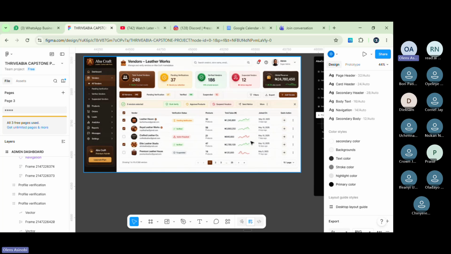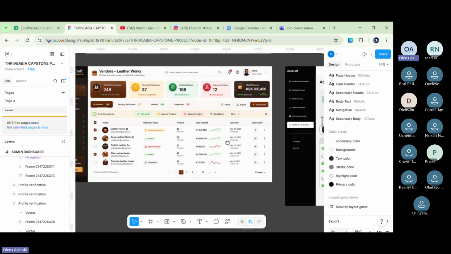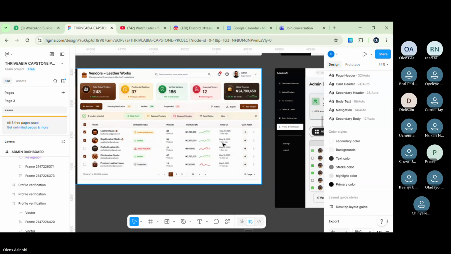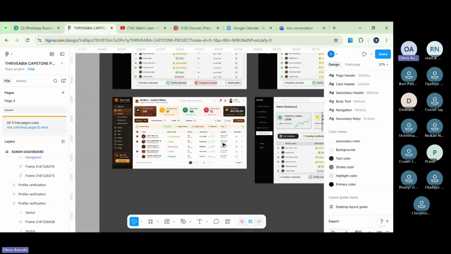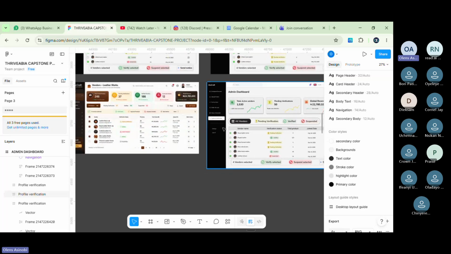Now, looking at the design principles between these two screens, which one follows the design principles more? Balance, negative space, contrast, alignment, and hierarchy. Let's focus on those ones. Between these two, from your heart of hearts, which one follows the design principles more?